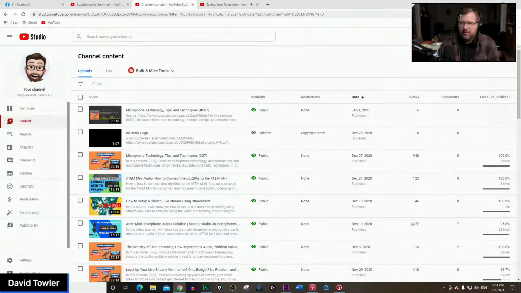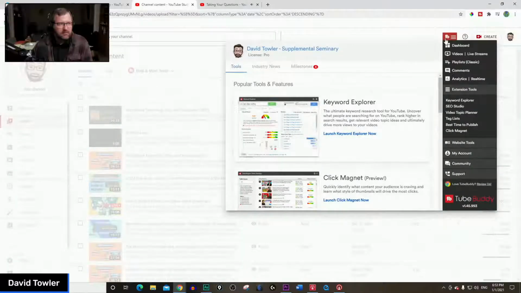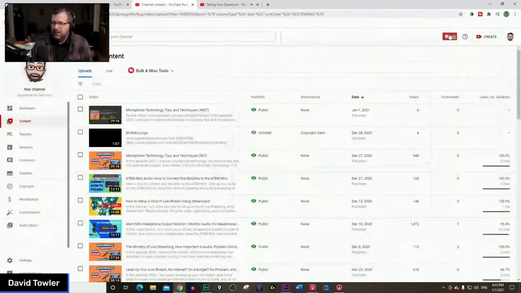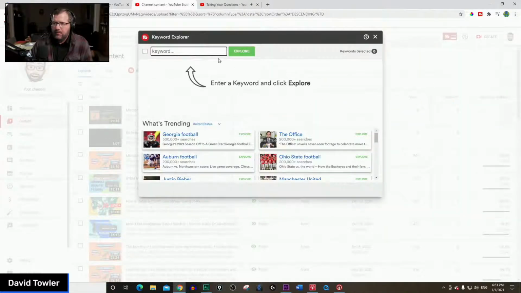What I like about TubeBuddy is, if I go up to TubeBuddy and then go to Keywords Explorer, I can put in these keywords, and it'll grade them to see if they'd be successful searchable terms.